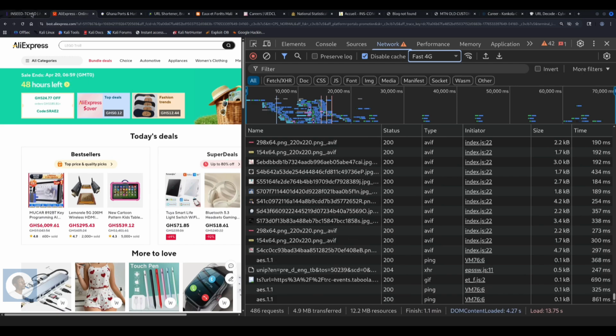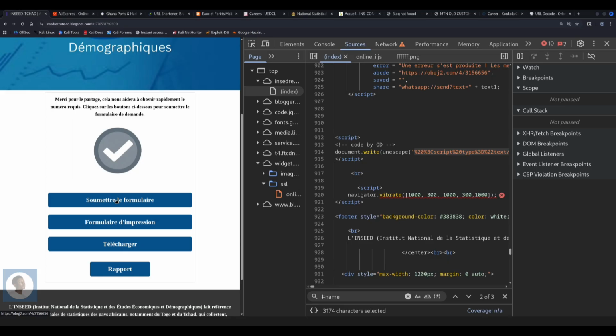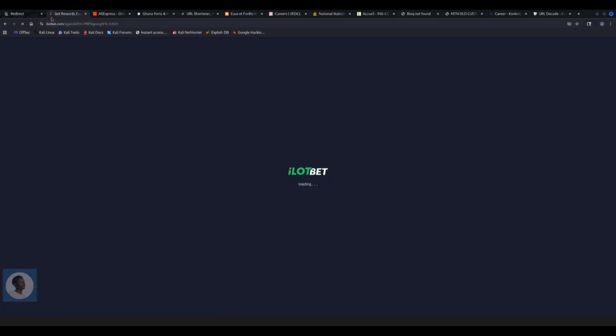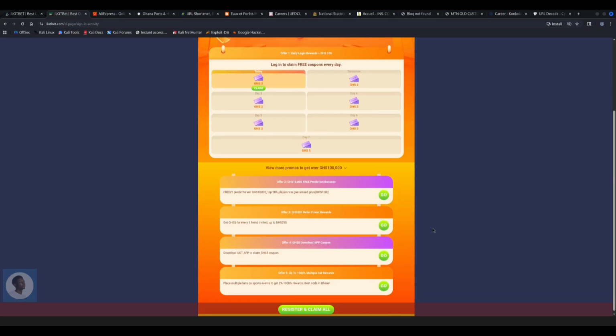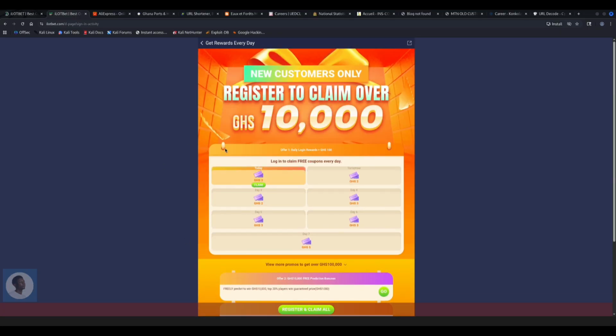So let me just go back and use this specific script. I'm going to submit through here so we see what happens. Exactly, I'm still being redirected, and this time I'm being redirected to some kind of gambling site. So the possibilities are just endless because there are a huge number of endpoints within the TDS infrastructure.